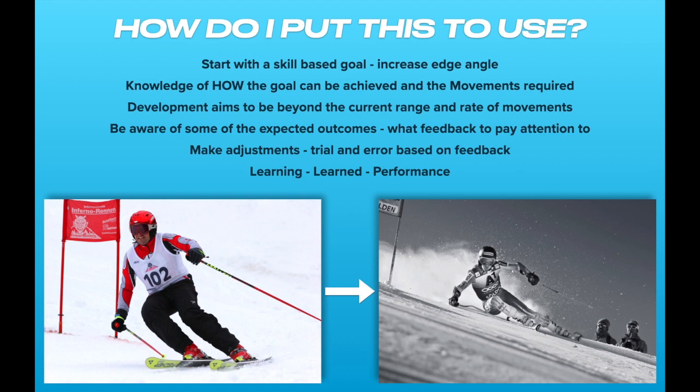unintended, unexpected consequences might be, i.e. as we increase edge angles, we move further inside, maybe we lose balance on the outside ski. But that's just feedback, it's just information. And I would challenge you, in that kind of mindset, to consider that maybe if we lose balance to the inside, it's an indication of achieving the skill-based outcome and staying focused on learning and staying in that learning mode, as opposed to considering that losing balance on the outside ski was a negative thing and making an adjustment to get better balance on the outside ski, which would be more of a performance-orientated focus to making adjustments